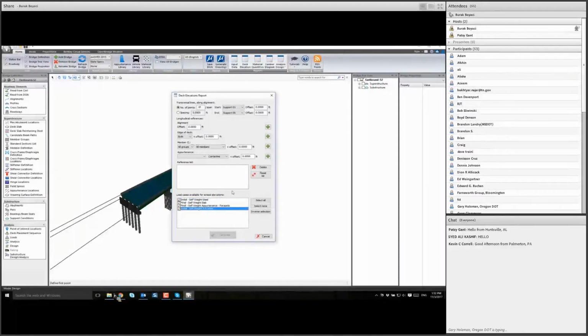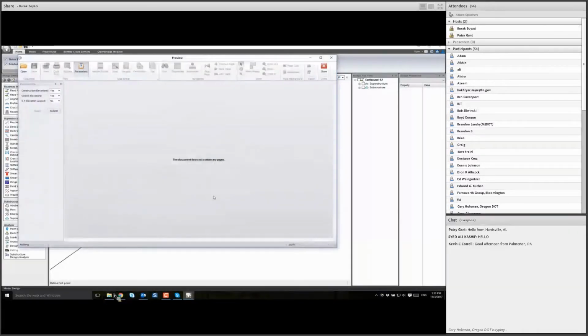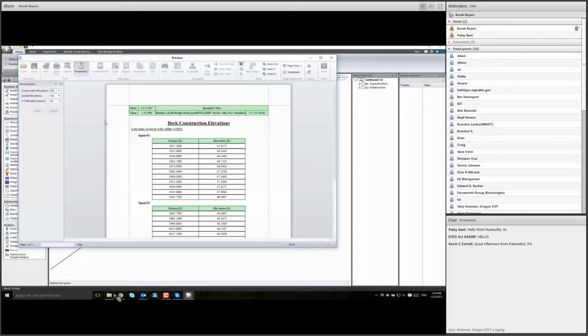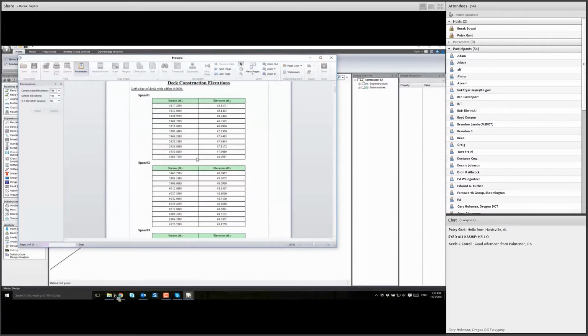And specify what portions of the deck you want to map, like from support 1 to support 6, and then where you want to generate the elevations, at the edge of the deck, at the center line, along every beam path or girder path that you have defined, and how many points you want to generate, every 10th along the beam maybe, right? And it gives you a report, deck elevations, discrete elevations,